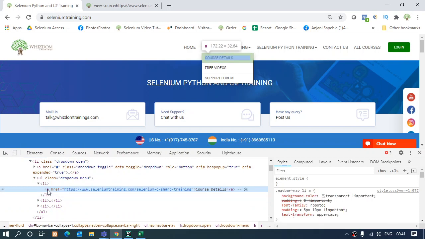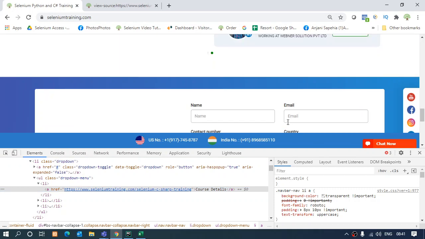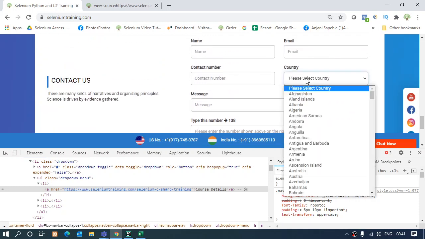It does not have any select tag anywhere. So it's not a drop down, it's just a custom drop down which is made in the form of that. Okay, so it's very important to know the difference between custom drop downs and a drop down.